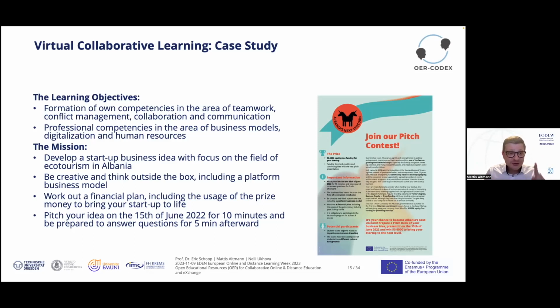And the second one are the professional competencies, in this case in the area of business models, digitalization, and human resources. For this case, we have designed a case study with the mission to develop a startup business idea with the focus in the field of ecotourism in Albania. And we asked the students to be creative and think outside the box, including a platform business model, work out a financial plan, including the usage of prize money to bring the startup to life.